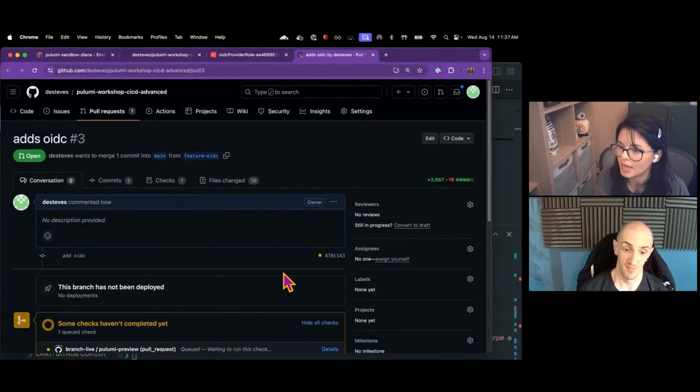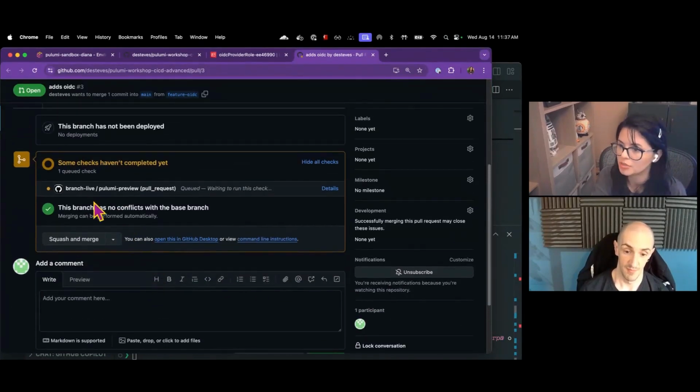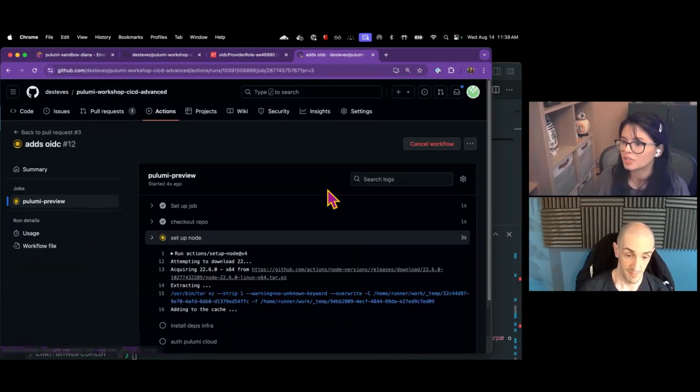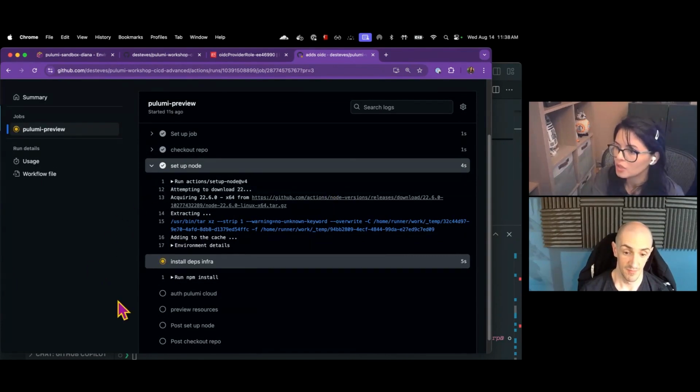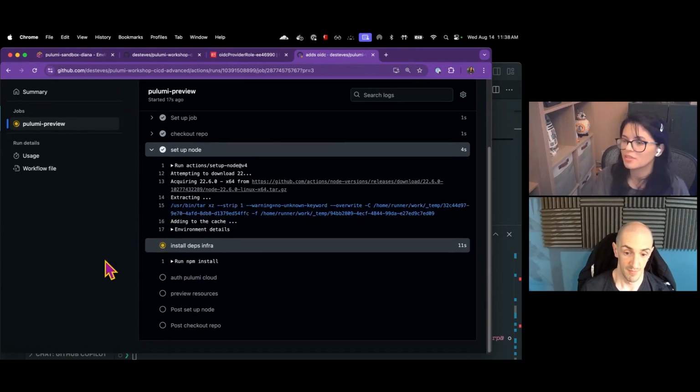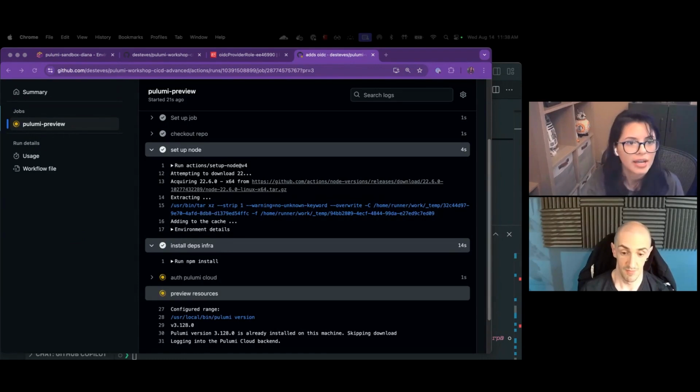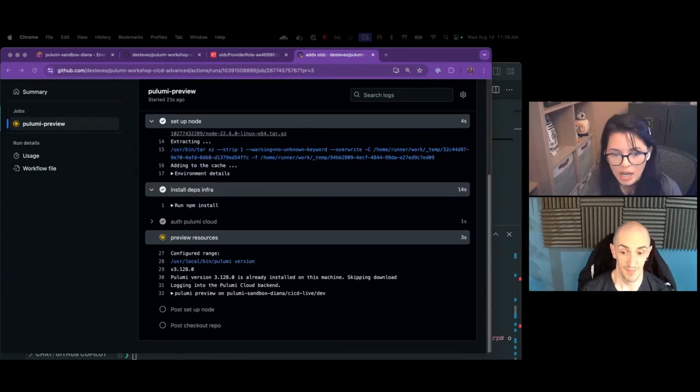So here is my GitHub action. It should be running. It's called branch live. So again, this is going to conduct the equivalent of a Pulumi up command. So we'll give that a second, right? We now have the Pulumi auth step here. So we'll give that a couple of seconds to complete. In the meantime, I'm just going to go ahead and check our